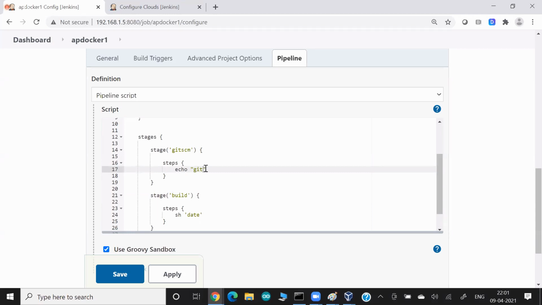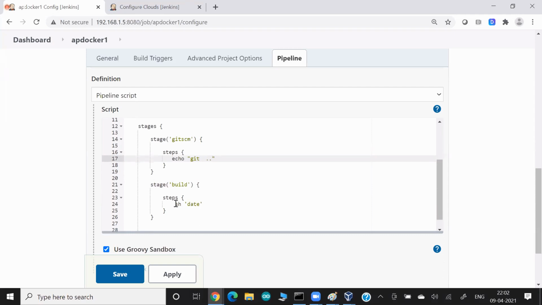Okay, and guys, by chance, echo is also a command, but echo is also one inbuilt Jenkins step. So here, guys, you don't have to use sh. If you don't use sh, that will be okay, because echo is one of the built-in steps. So let's say echo git, and let me use echo, which means print build